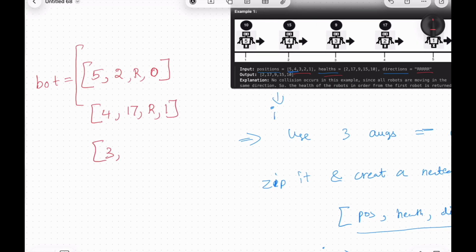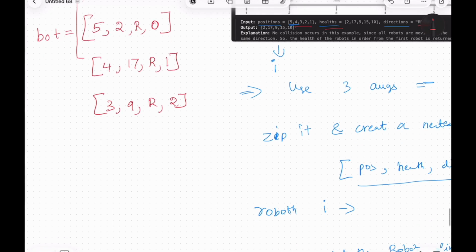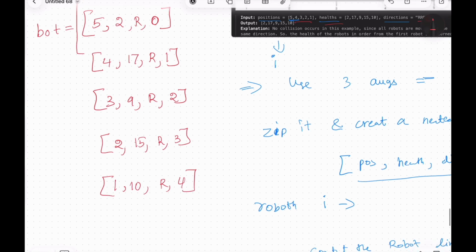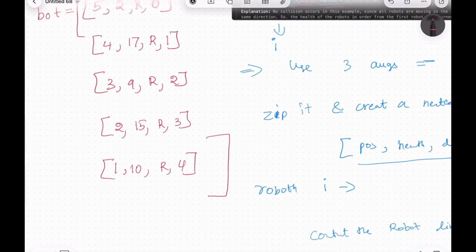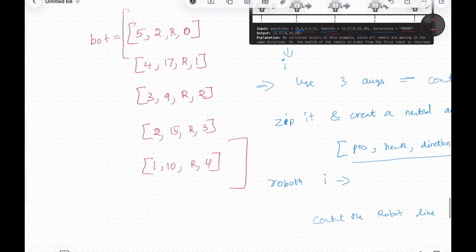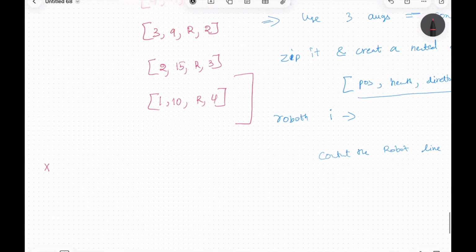Next is 3, 9, r, 2, followed by 2, this is 15, then r and 3. The next row is 1, 10, r and 4. So these are all the robots which are being formed, and now we iterate